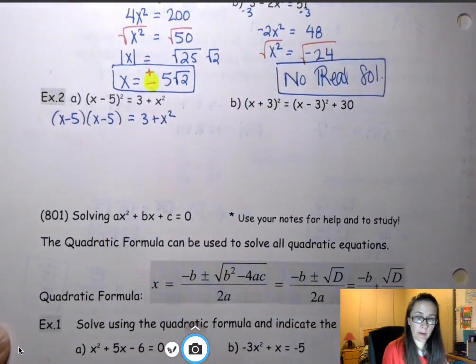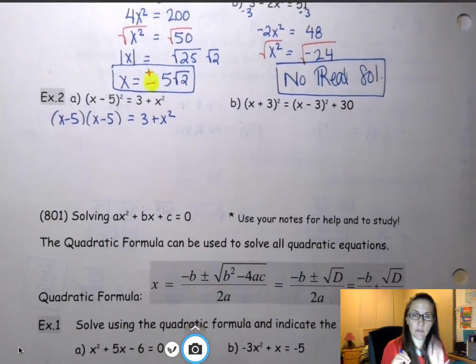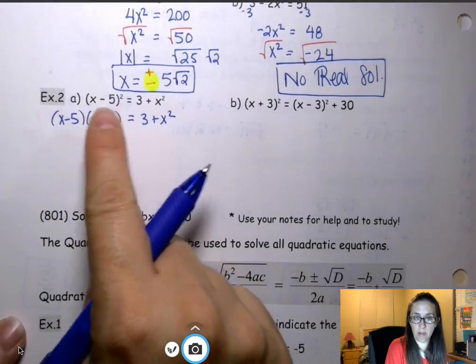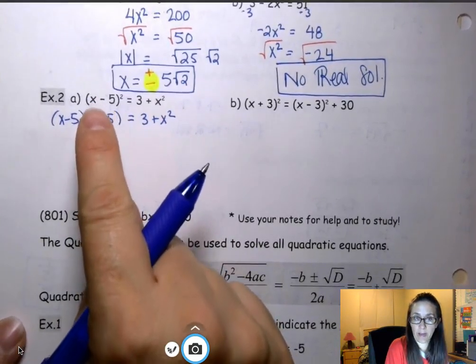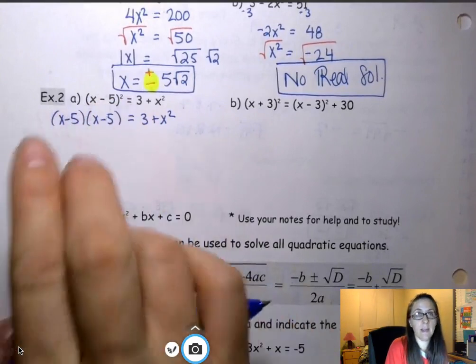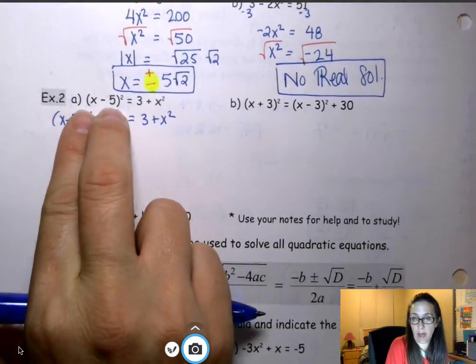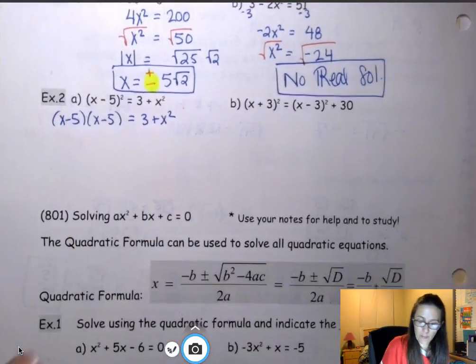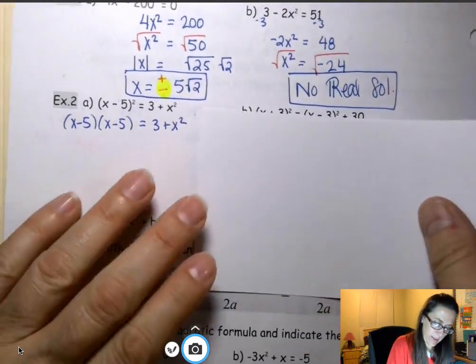So if you remember that paragraph in the front, it said be careful to remember to distribute or FOIL when you have a binomial squared. If you have a binomial squared, you have to FOIL it. Some people can do it straight from this spot. You don't have to write it out. If you're that person, great, do that. But if you're the person who made this mistake,